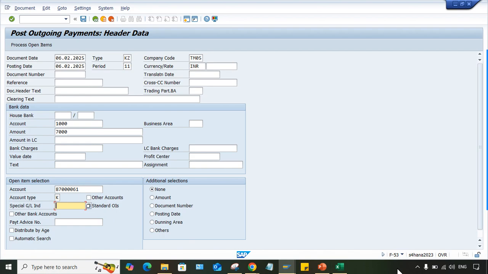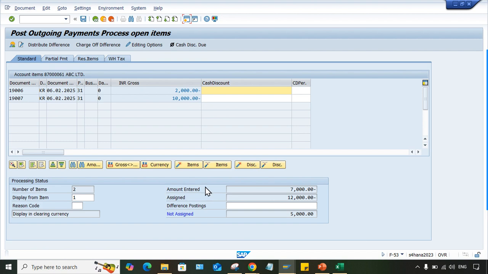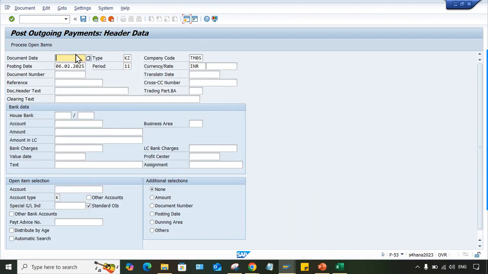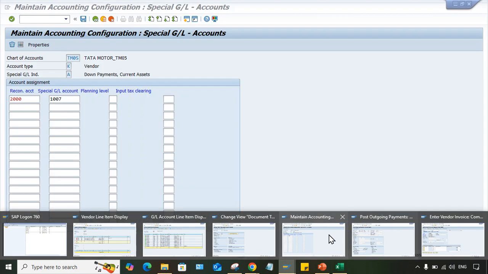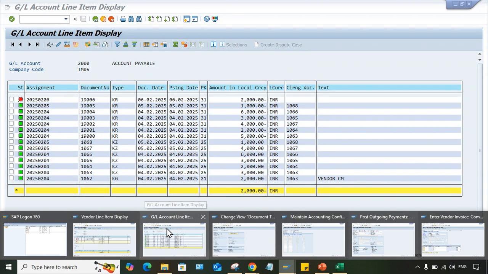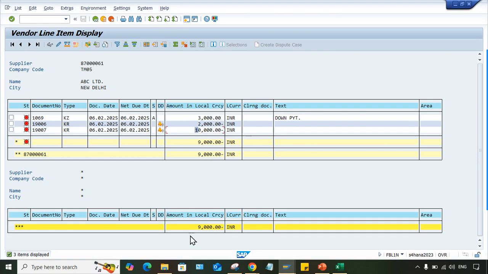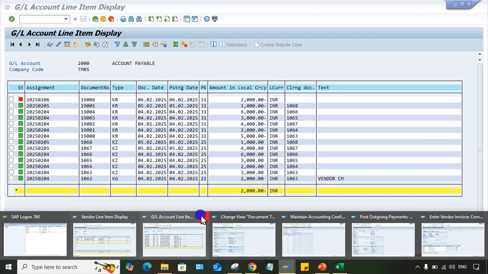If you don't give special GL indicator and if you press enter, then look at here, only invoices are coming. Down payment is not coming, right? So what we have to do, we need to bring down payment also, because along with this invoice, even down payment also supposed to be cleared, right? Where it is? Not here, here. The down payment also supposed to be cleared, right? Along with